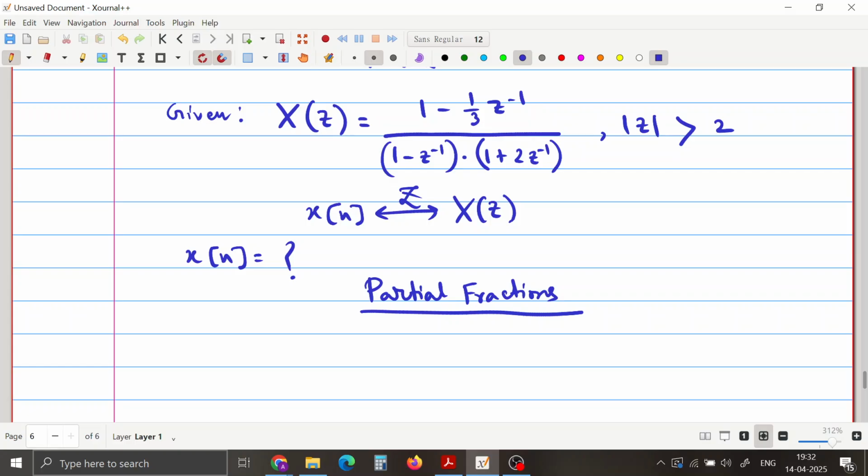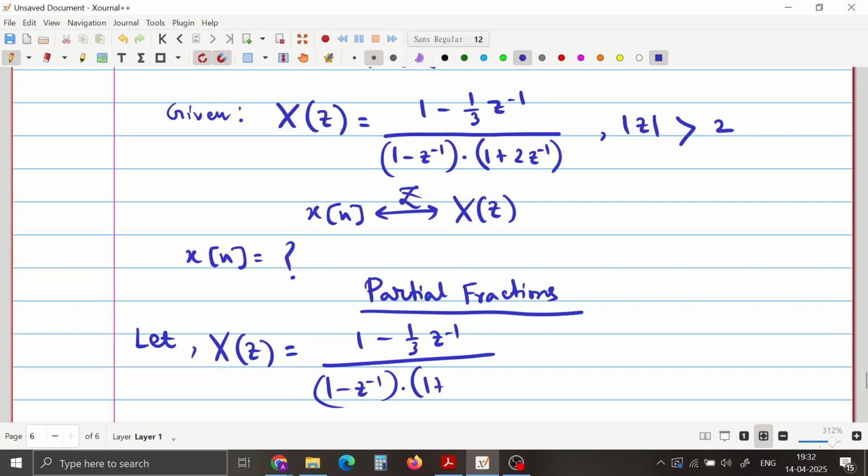So here you can express this as, let me write it, let your X of z, which is 1 minus 1/3 z inverse whole divided by 1 minus z inverse into 1 plus 2 z inverse, be